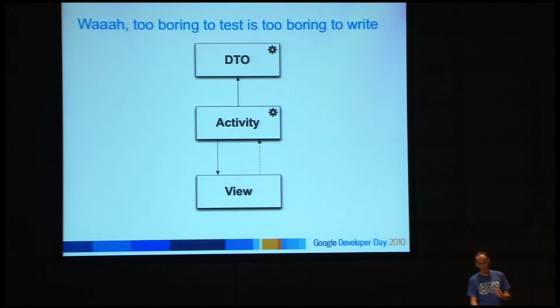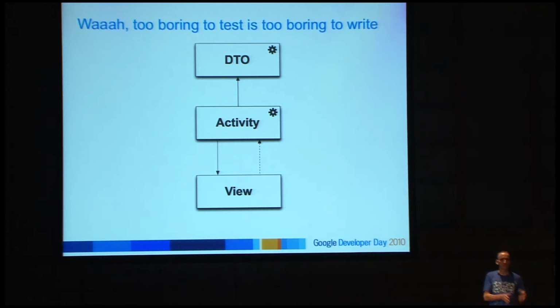But we'd like to do more with the view. What can we do to increase the code generation there? Because there's a lot of data binding happening. When you have the DTO with your employee properties, and you have the widget with all the text fields and buttons, every time you have a DTO and you have to translate it to a widget, you have to do repetition. You have to say